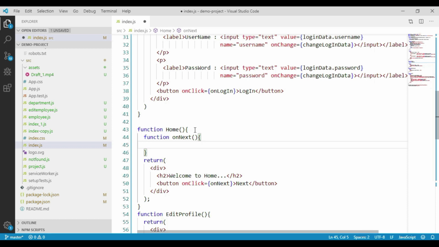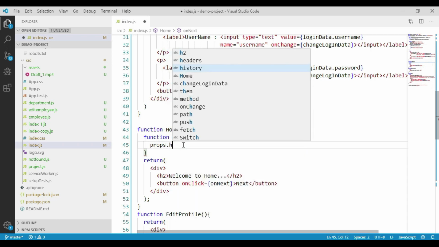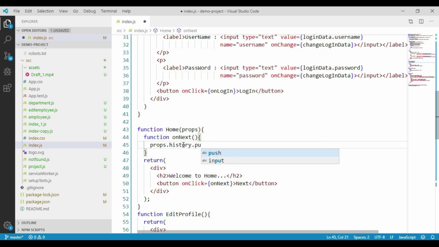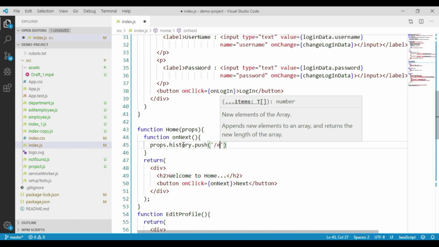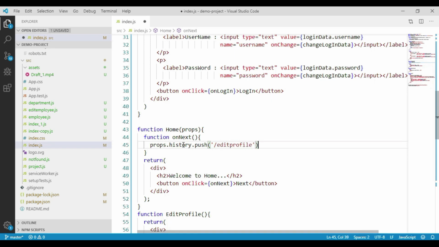In order to access the history object, let us add a parameter to our home component function. And we say props.history.push /edit profile. We have added one more entry to the history stack, that is /edit profile. Save the changes.